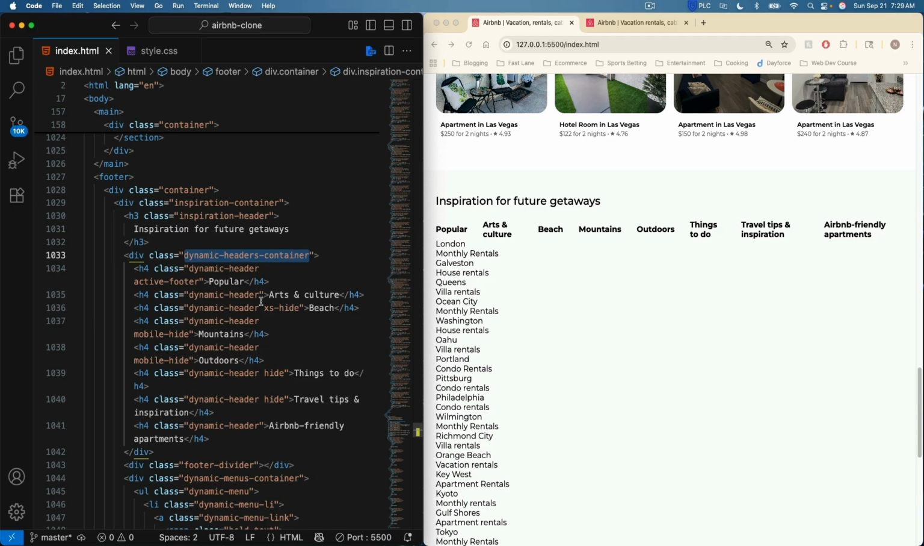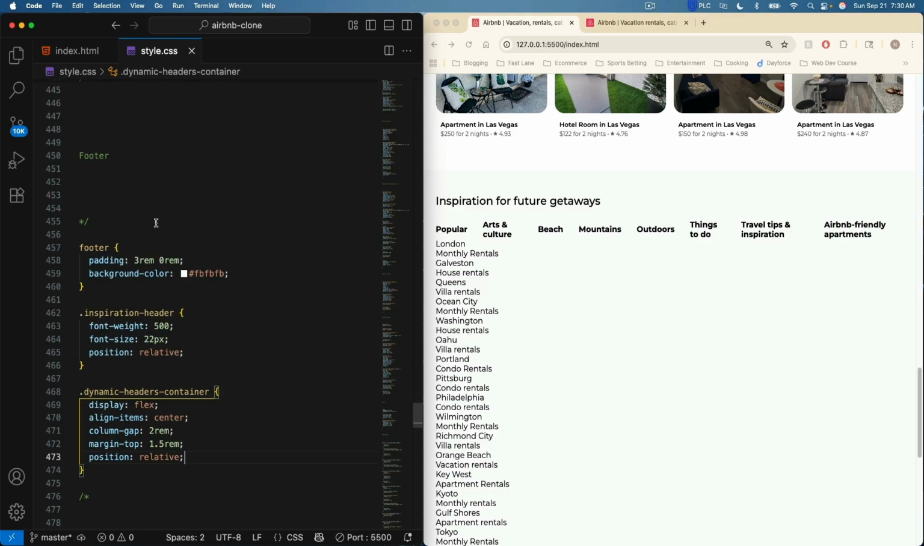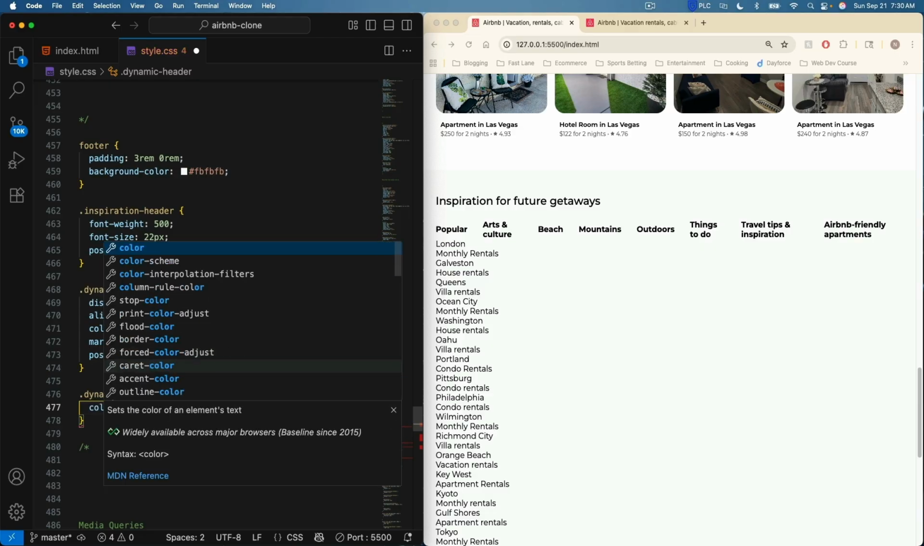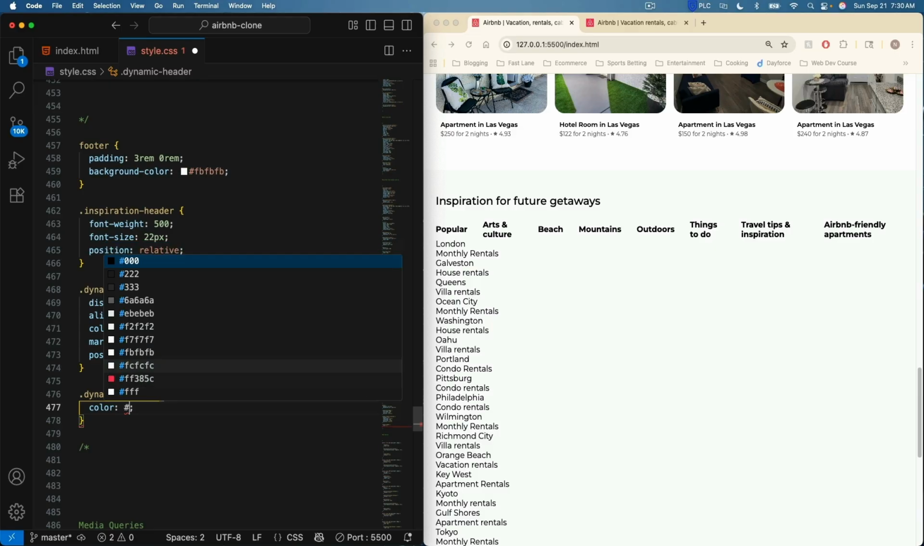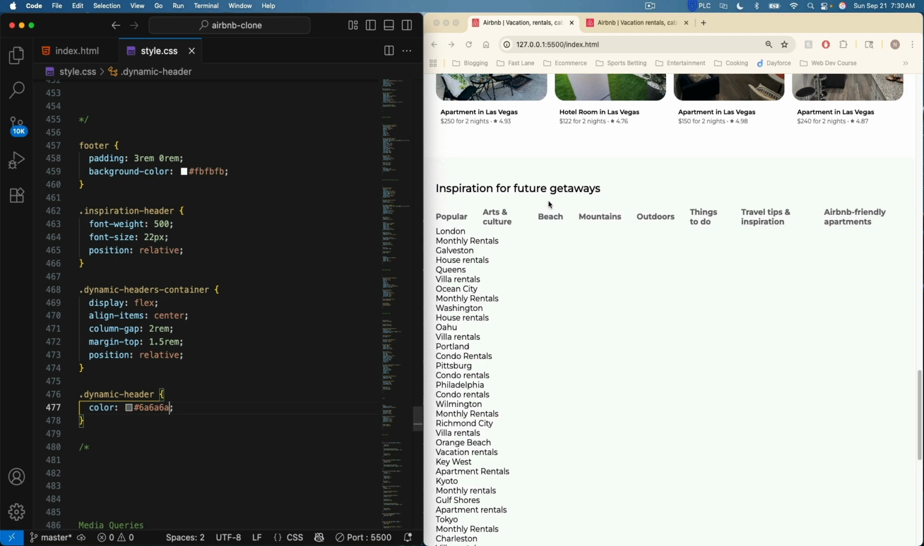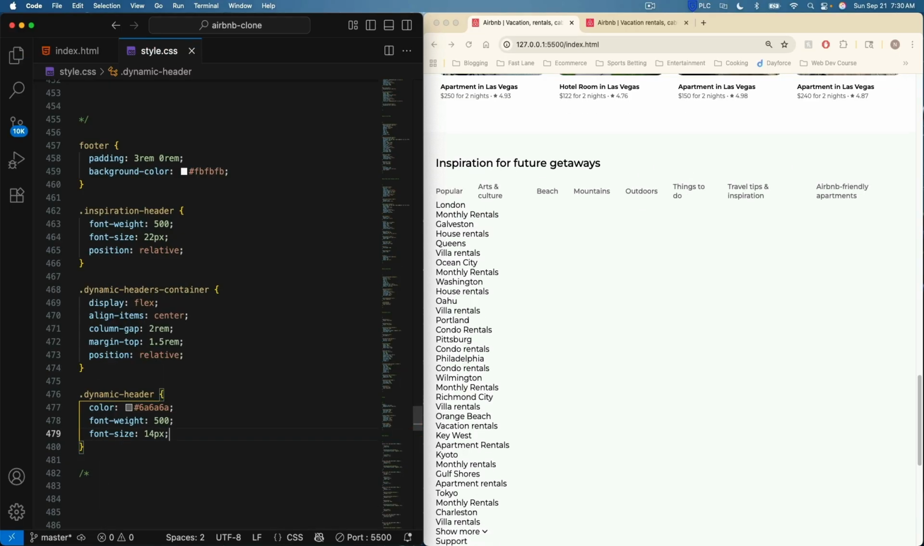So let's grab our dynamic header class, which is the headers themselves. So we'll say dot dynamic header, and we'll give them a color, and it's going to be 6A6A6A6A6A. So that lighter color, and give them a font weight of 500. And a font size of just 14 pixels. And again, we'll say